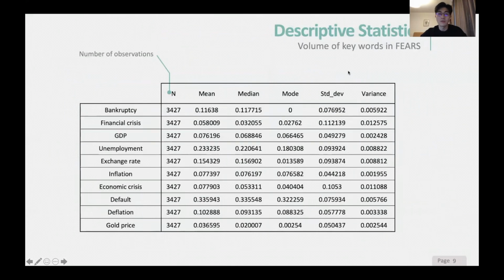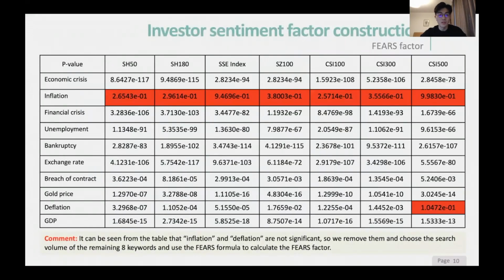And this table shows the data description of the normalized search volume of these keywords. In our project, there are 3,427 observations. This table shows the p-values of all betas between different keywords and stock indexes. It can be seen from the table that inflation and deflation are not significant. So we remove them and choose the search volume of the other 8 keywords and use our Fierce formula to